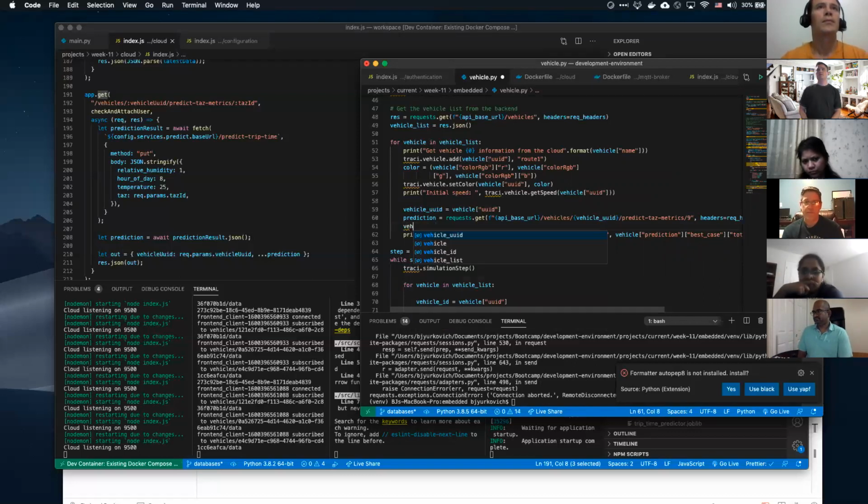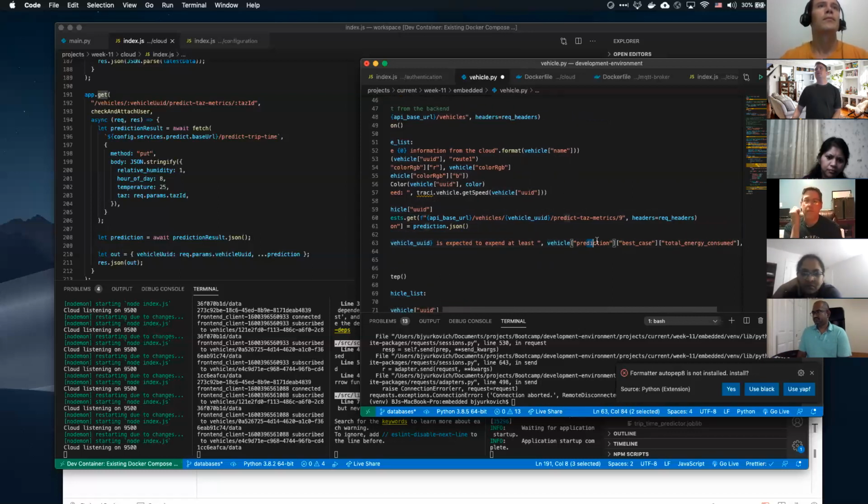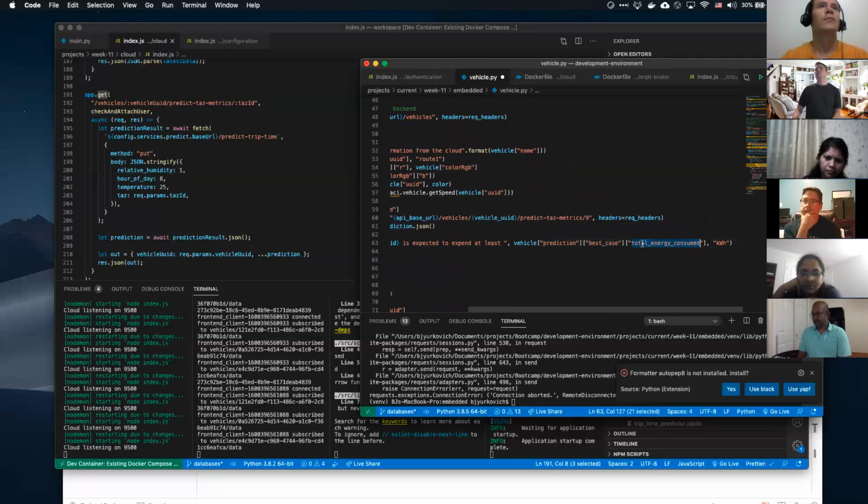What we can say is this vehicle, we can add the prediction to the vehicle object. You just say prediction.json. And then, I didn't do that. So what we can say is print this line: vehicle UID is expected to expend at least the prediction, best case, total energy consumed in kilowatt hours.